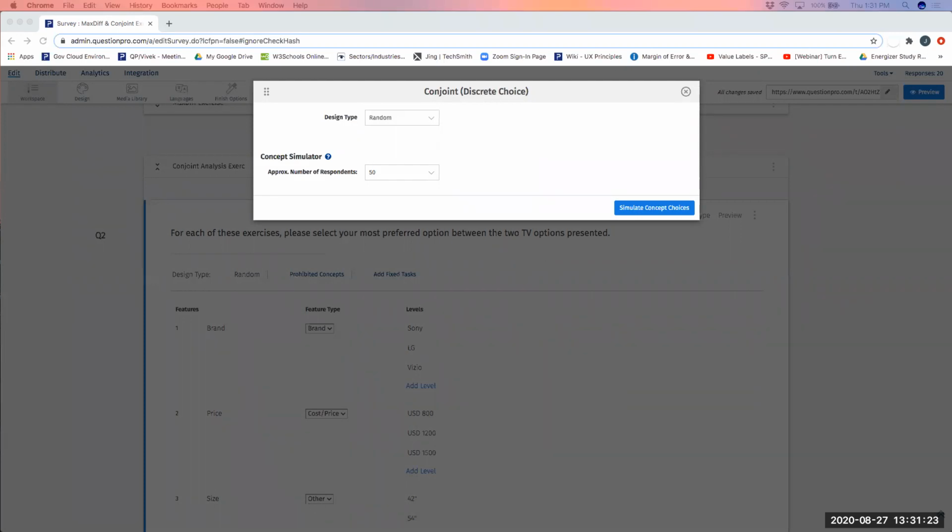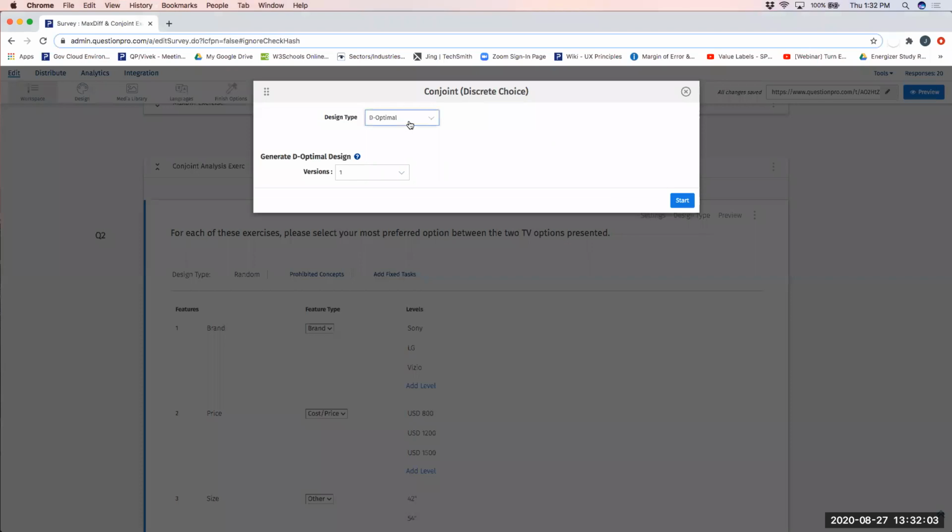Basically, it displays random samples of all the possible attributes, and the platform will uniquely combine these characteristics and run a concept simulator for you to know what the choices are. It'll provide a randomized set, and it's most popularly used when working with larger sample sizes, or when you're trying to compare a high number of features and levels, like 5 to 7 features or 5 to 7 levels. And you can use the simulator to view estimated times as well, to get an understanding of the features